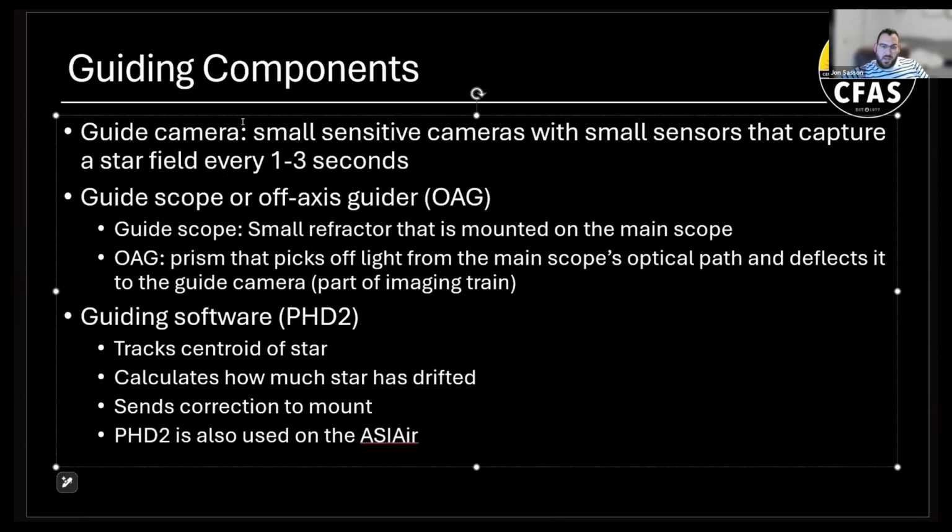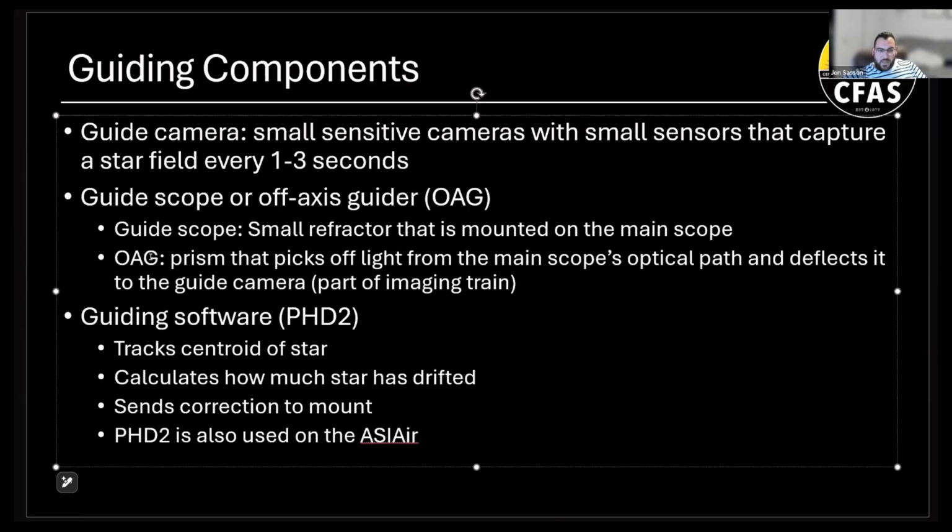Again, you'll need a guide camera, the small sensitive camera with a small sensor that can capture a larger field of view of a star field every 1 to 3 seconds. Then you need a separate guide scope, a separate scope for that camera, or you need an off-axis guider. A guide scope is essentially a small refractor that you mount on top of your main scope,